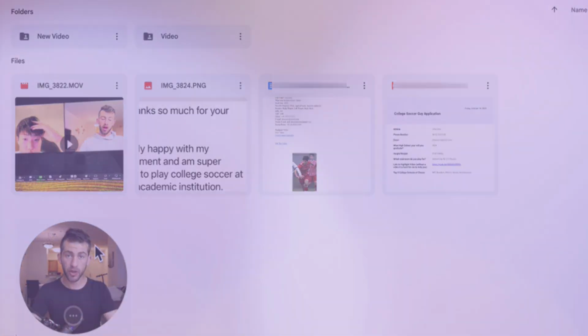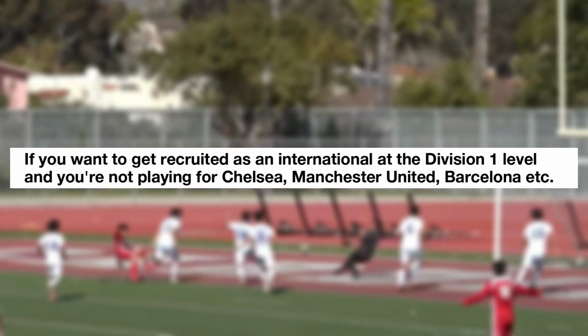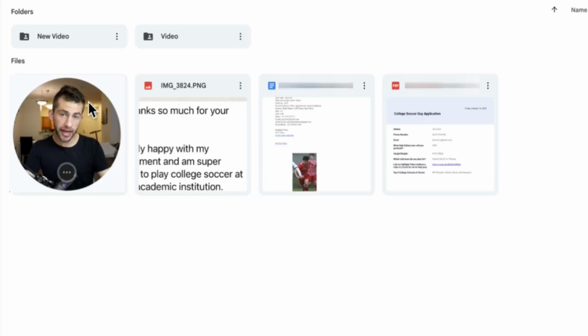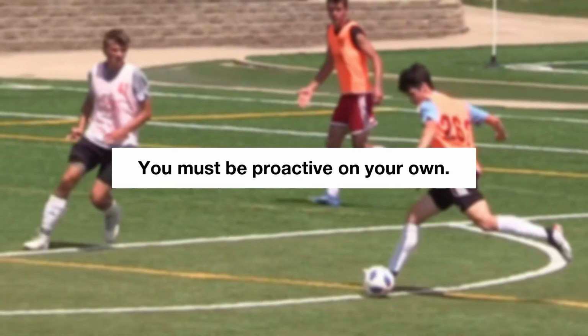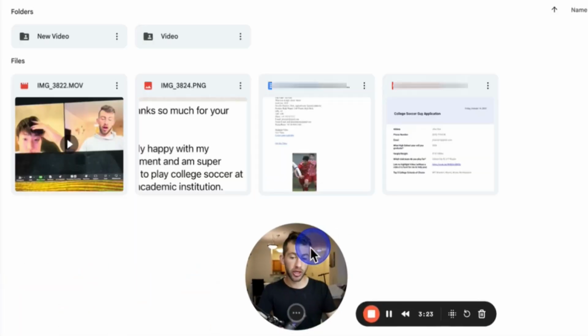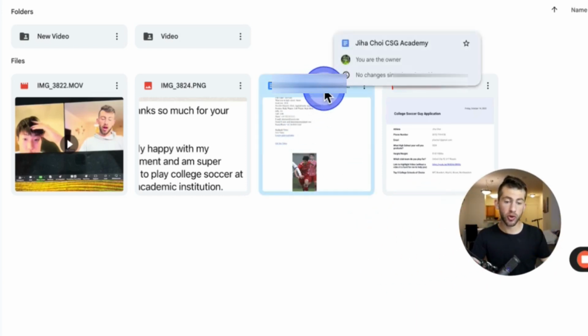So let's start with Division 1. If you want to get recruited as an international at the Division 1 level and you're not playing for Chelsea, Manchester United, Barcelona, etc., then in those cases, you must be proactive on your own. So what you're going to do, and I'm going to show you right now, I have an international student who I worked with, and the first thing you would do, say if you worked with me,